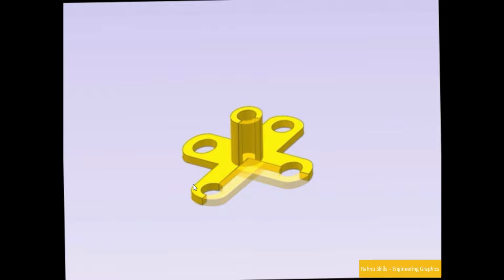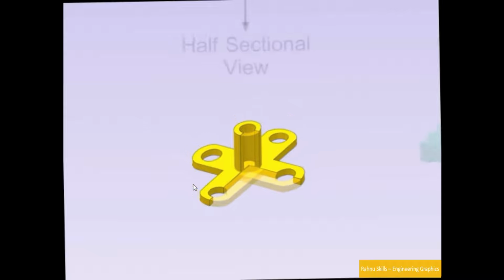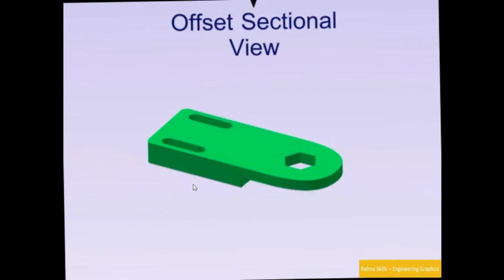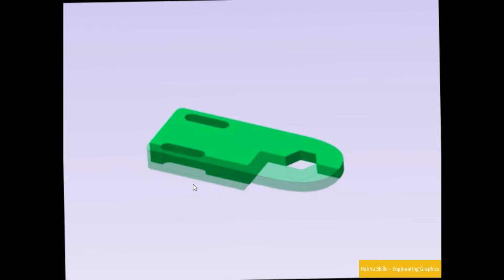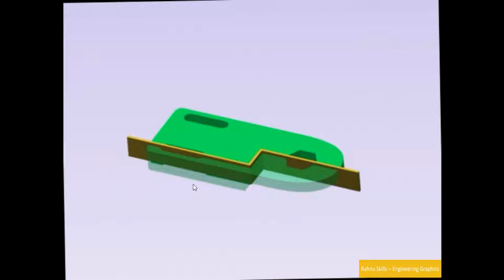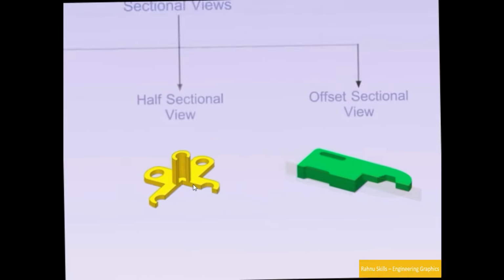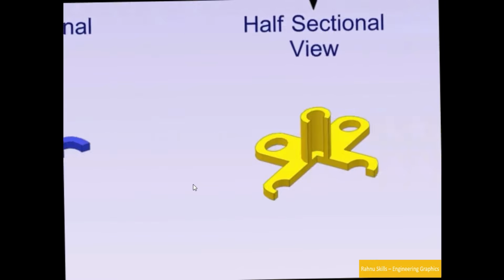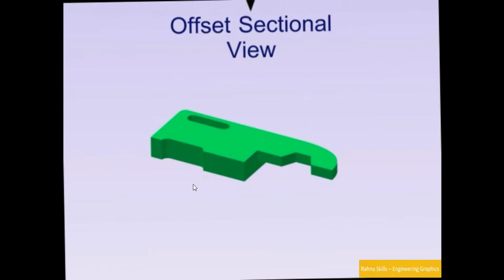It is being used when the object is symmetric and we have no need to cut the other half of the part. So in that case we can prefer the half sectioning. So this is the object, you can see very easily, symmetric in 4 directions. Now offset sectioning means when the object is totally unsymmetric and we cannot apply full or half sectioning, then we cut it in a zigzag shape, means a plane like this structure having more than 90-degree bend. Wherever it is required, we bend the section plane just to get the internal shape. So in short, you can say this is full, half and offset sectioning.